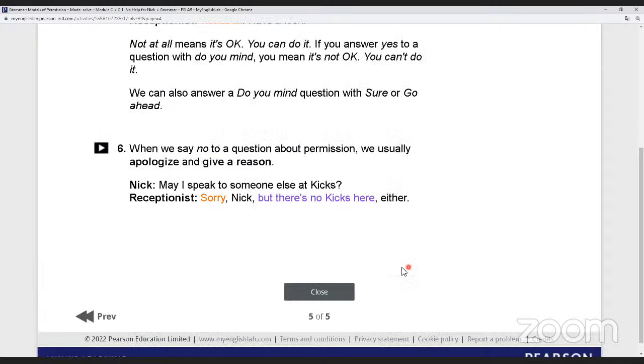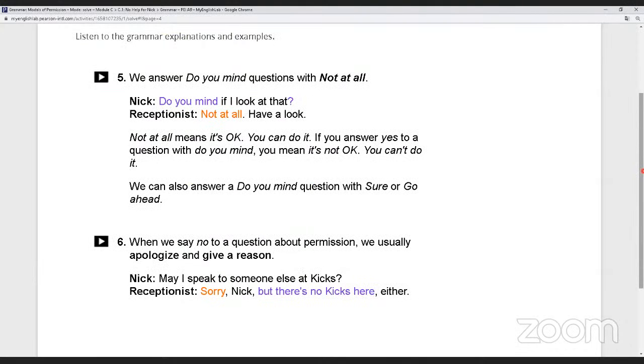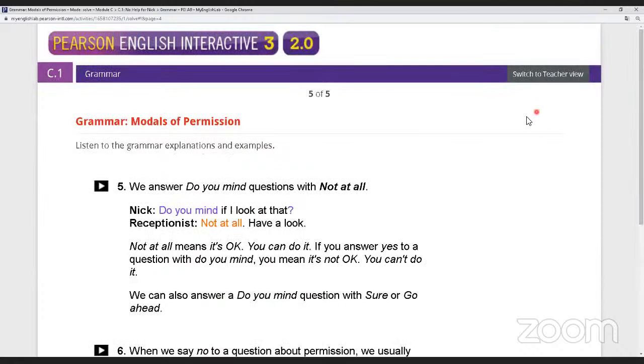So that will be everything about this lesson. It was a short one, as I told you. I don't know if you have any question about the lesson. I don't think so. It's okay. All right, thank you. I'm sorry? It's very easy. Yes, all the modals are easy, right?